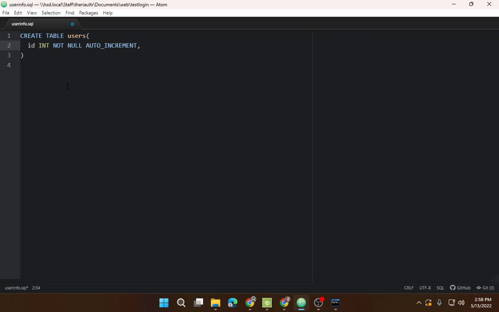All right, comma, enter, and then we have our first name, and we did text, comma, last name, and we did the varchar 100, comma, and then we did nickname, text,